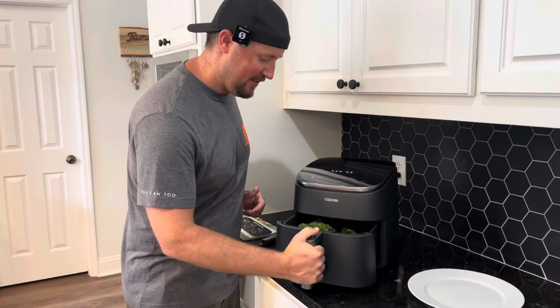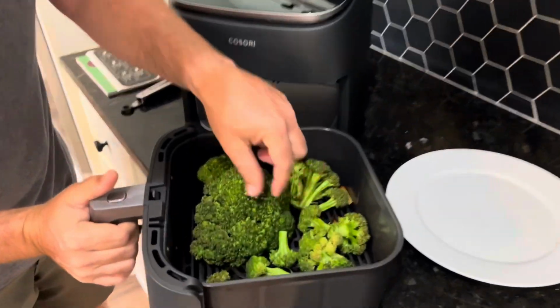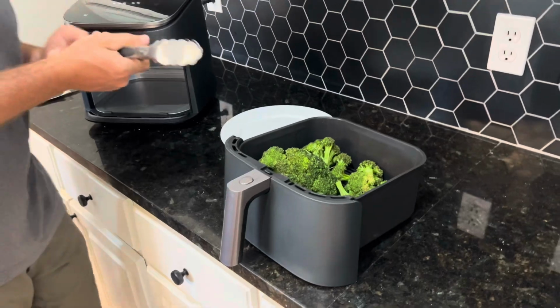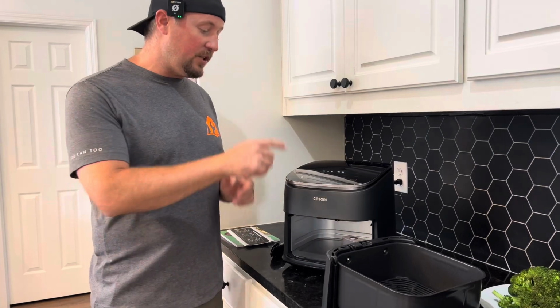Let's see how it did. Bright green. Oh yeah, it feels really good. So I think that is all ready to go as well. Looks perfectly roasted. Bonus feature, we are actually going to make dessert as well with some cookies using the bake